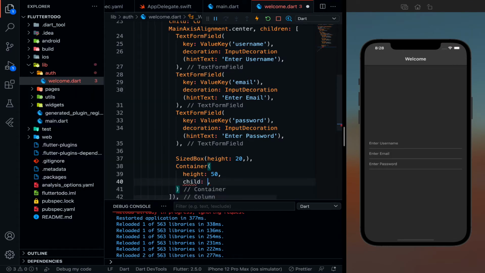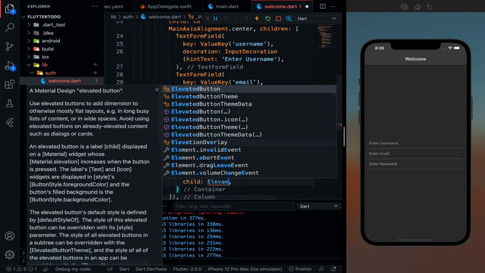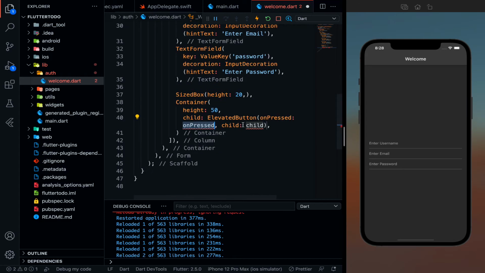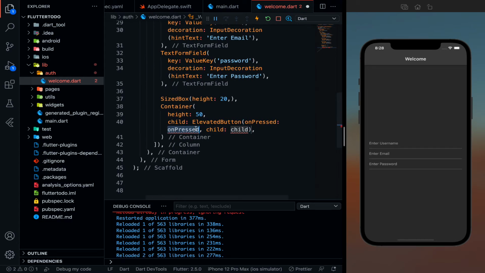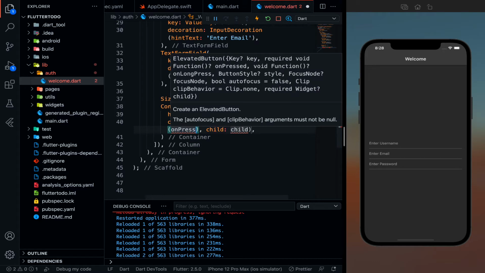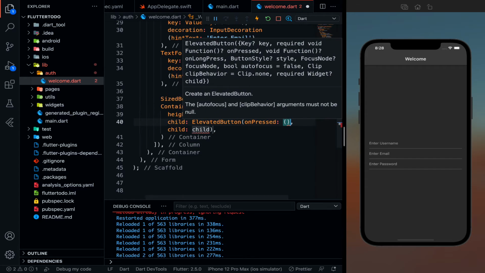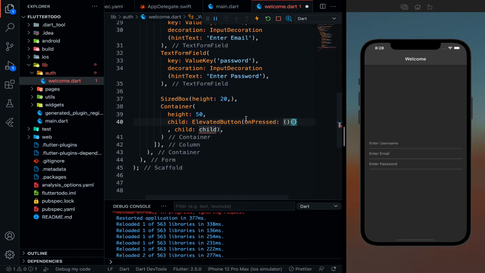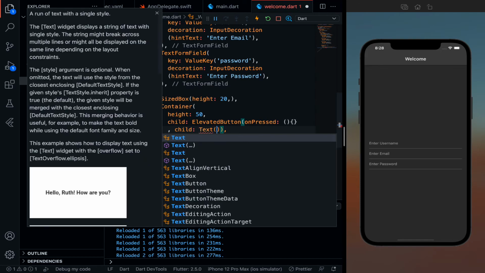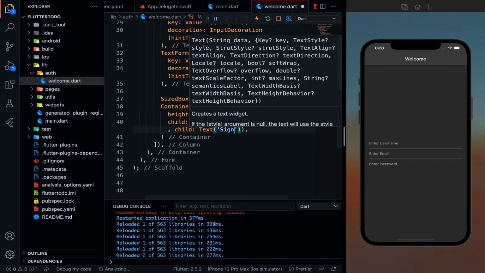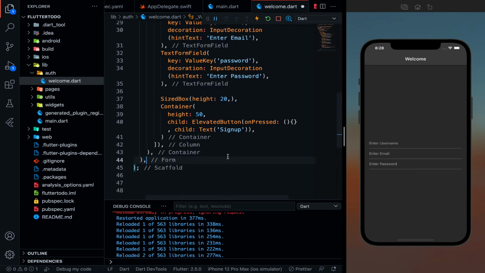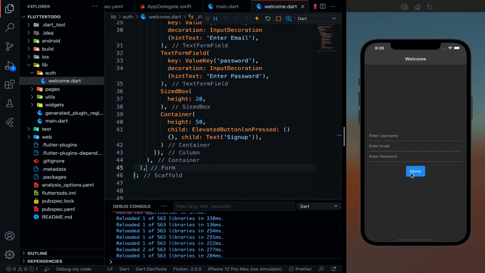Then let's define a child as an elevated button, and in this on press I'm just defining an empty function over here, because we will be building the function or the logical backend part a little bit later, right? So let's define a simple child as a simple text, and this text will just say sign up, nothing else. Save it. You can see the sign up button is over here.